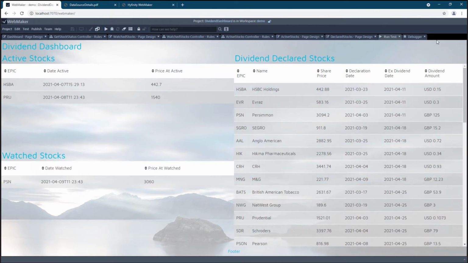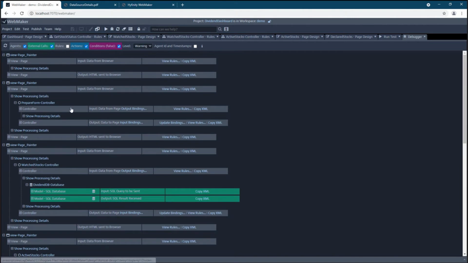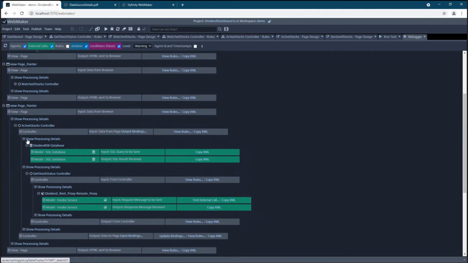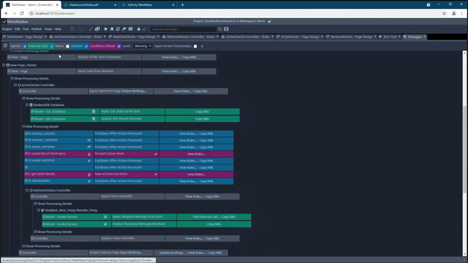We've got our data coming back here as before. We can refresh our debugger trace. See, watch stocks isn't interesting, but here, active stocks is what we've been dealing with. So we can see straight away now that there's two external calls happened. So one is our database, as we had before. And what we can do with our debugger trace is we can say after we've retrieved information from the database, if we show you our processing details here,